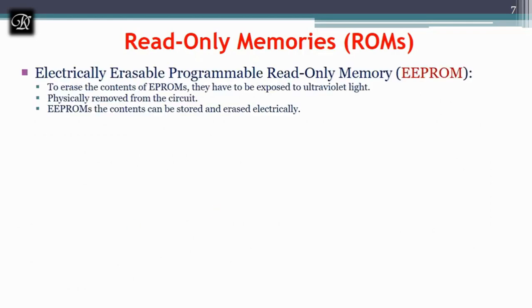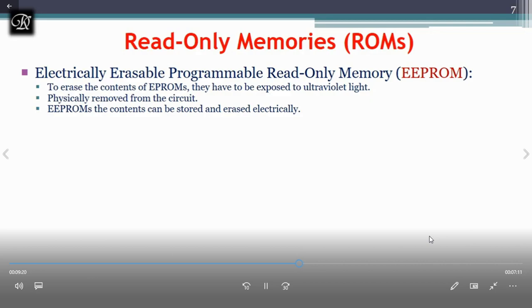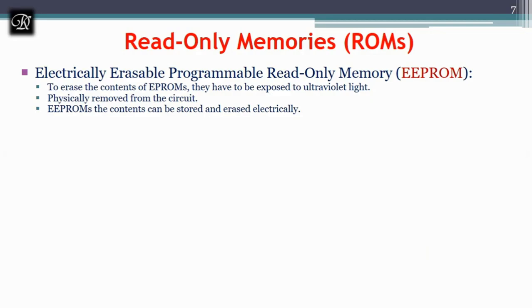The disadvantage with the EPROM is that when we are performing the writing operation again and again, we have to remove the cell from the board, and then we can perform the erasing and rewriting of the data to the EPROM cell. So this is the disadvantage. After physically removing the chip, the circuit will be programmed, and the entire content is erased by ultraviolet light.